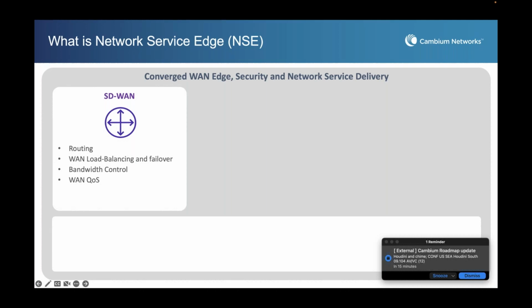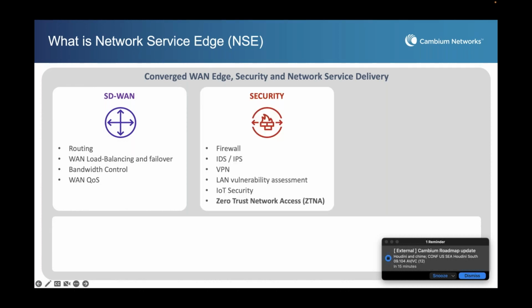So it's that SD-WAN. The next capability is a robust set of security functions. It starts off with a built-in firewall. It provides IDS, intrusion detection and intrusion prevention capabilities. And we update the signatures every 12-24 hours. As customers, you have the option to choose what frequency you want signatures updated.